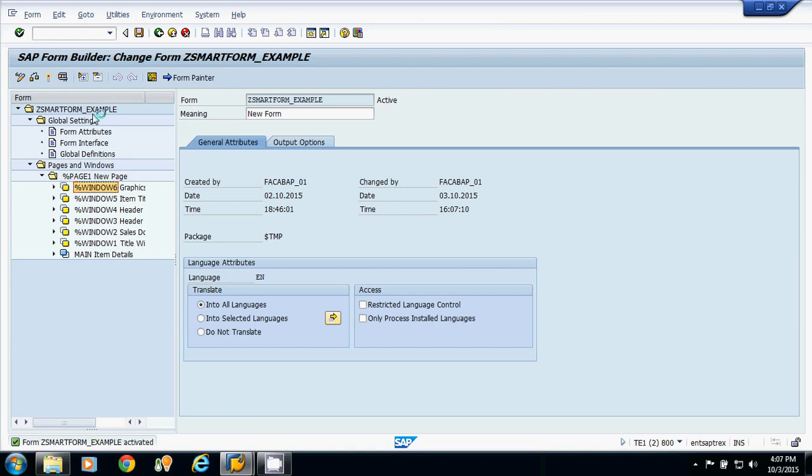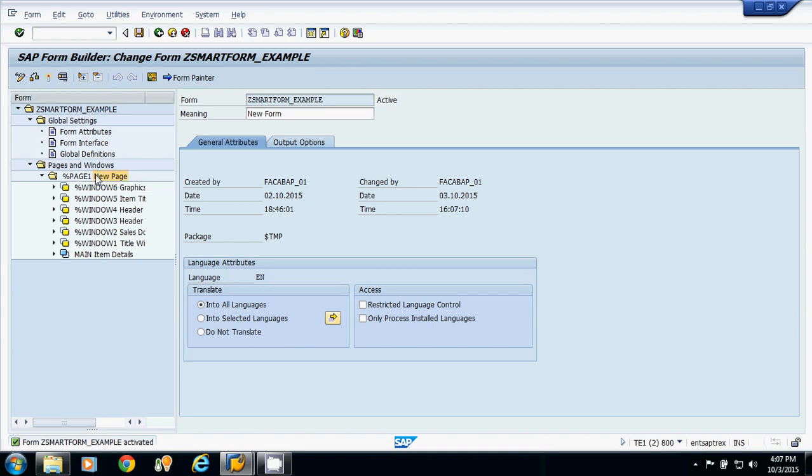Now we will cover how to print the current page number and how to print the total page number in Smartform. Generally, whenever you are receiving some bill or some layout, we have the page number like this: page 1 of 5, page 2 of 5, page 3 of 5, page 4 of 5, page 5 of 5. So what are these 1, 2, 3, 4, 5? These are the current page numbers and 5 is our total page number. So how to print the current page number and total page number in Smartforms?